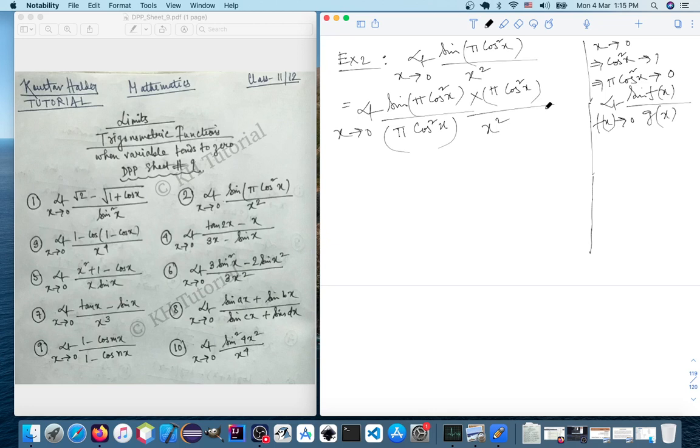Pi cos square x. If we do this, the sine of pi cos square x divided by pi cos square x is becoming 1,